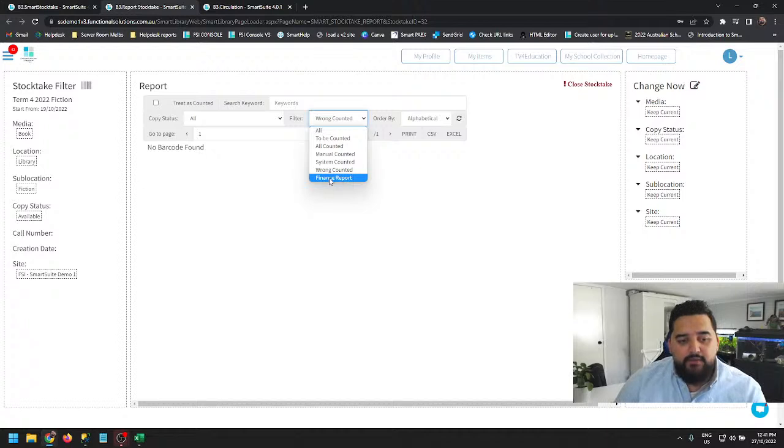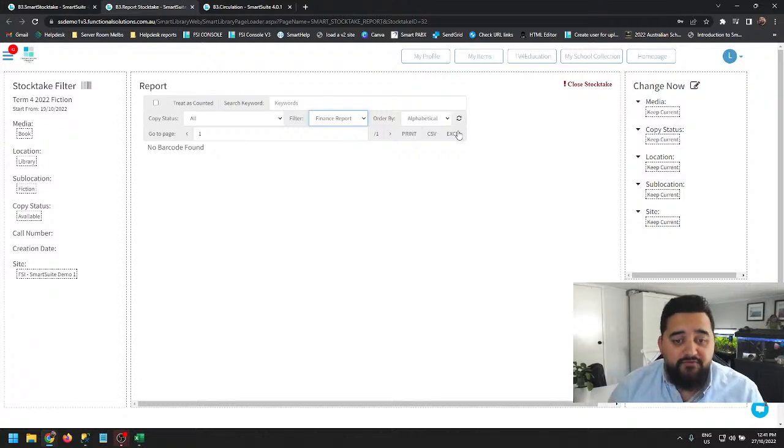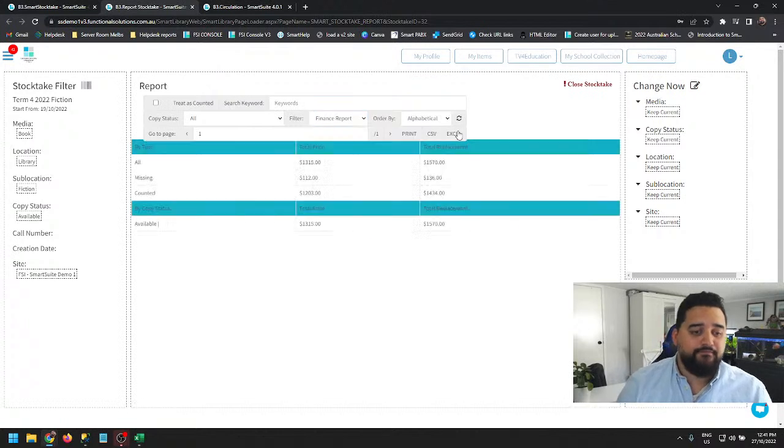And then the last one here we have is finance report. And you'll see here how much information it actually does give when it's ready. Okay, so you have a by type, meaning just everything that's there. Your missing items, what hasn't been scanned in, and what's been counted. So it's always good to know this information. We've also got a by copy status here. So if you had a lost copy status in your Stocktake, you can see the price of what's been lost